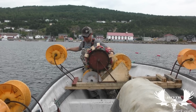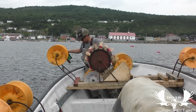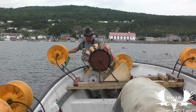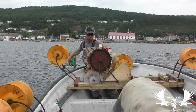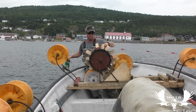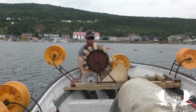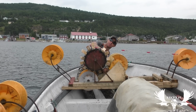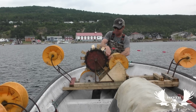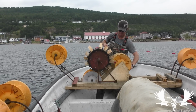So I'll let all this side out. It's got to be a continuous flow. You'll see here shortly. Up here, I can't make a complete wrap around this roller because the line that's coming in would overlap the one that's going out, so it wouldn't work. So what I've come up with is to go around the roller as much as I could, then back around this one,